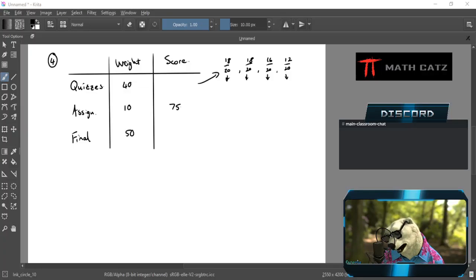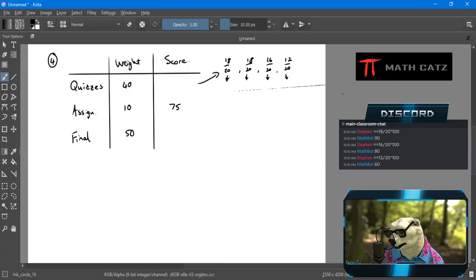18 out of 20 times 100. 16 out of 20 times 100. 12 out of 20 times 100. So we have our percentages here, and they are two 90s, an 80, and a 60 to give us an average of